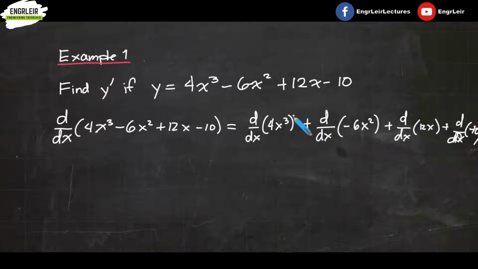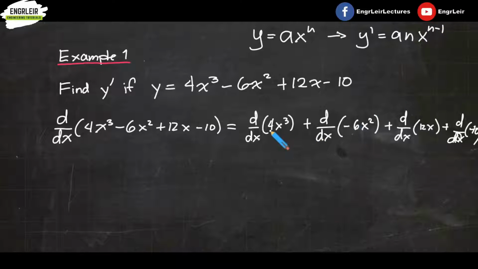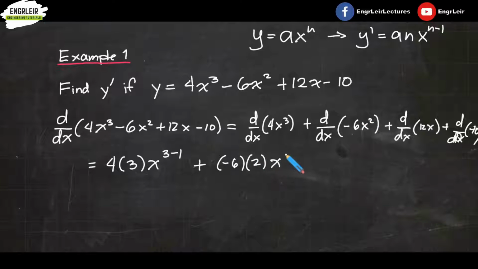Okay, so one by one. The derivative of 4x cubed, from our definition earlier, if y is equal to ax raised to n, the derivative is an times x raised to n minus 1. So, take the 4 times the exponent. So, we have 4 times the exponent 3 and then x raised to 3 minus 1. Okay, plus the derivative of this, that would be negative 6. The exponent is 2 and then we have x raised to 2 minus 1. Plus, we have 12x, so 12 times the exponent 1, x raised to 1 minus 1, and then we have